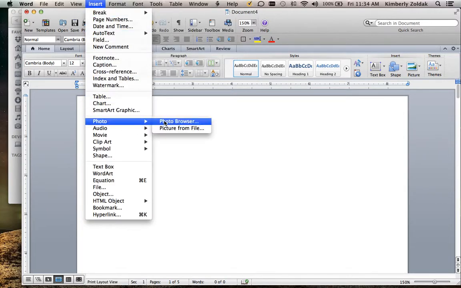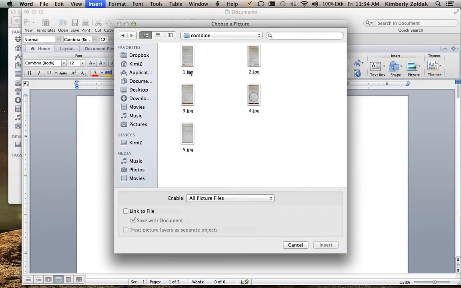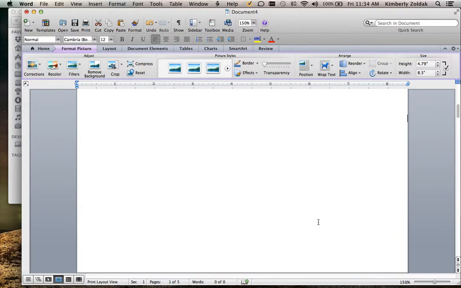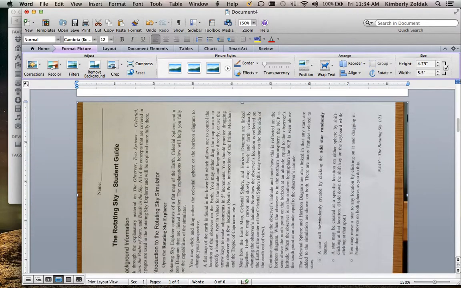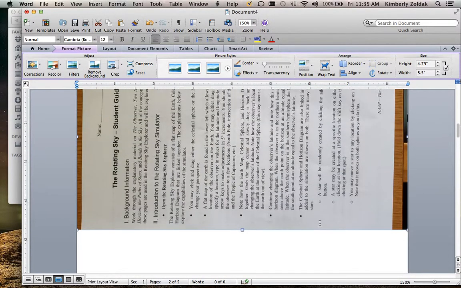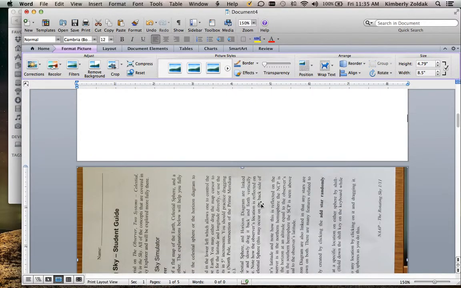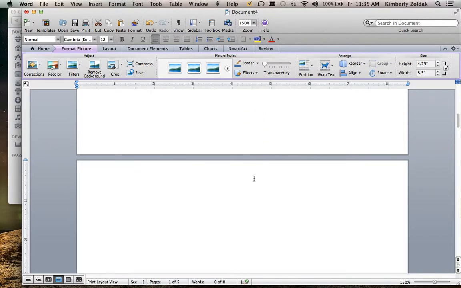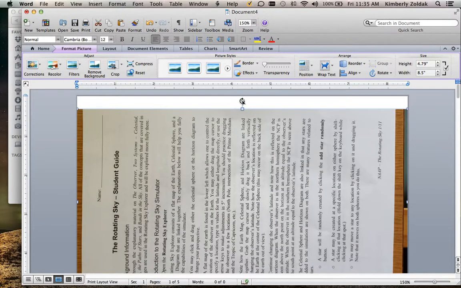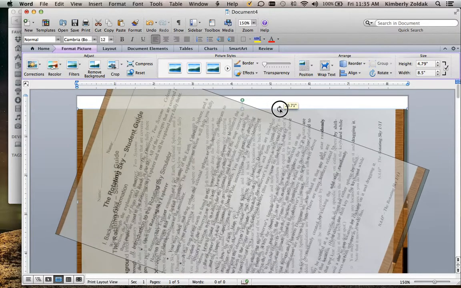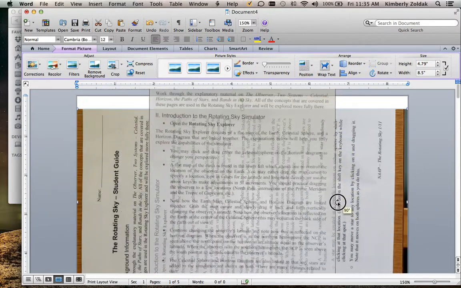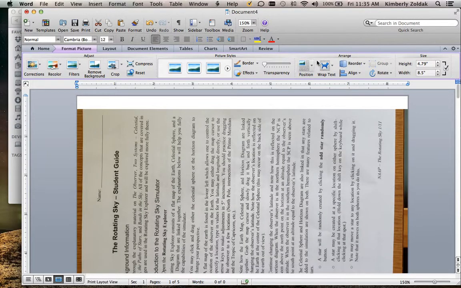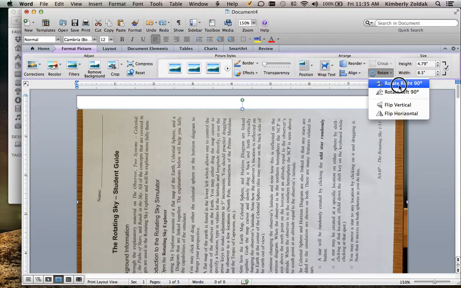So insert your first photo. You'll notice how it is on the first page, but it's rotated. Oh, no, it's on the second page. Here, I'll just drag it up to the first page, and it gives me this option to rotate the image. So I can rotate it like this, or I can rotate it like this,